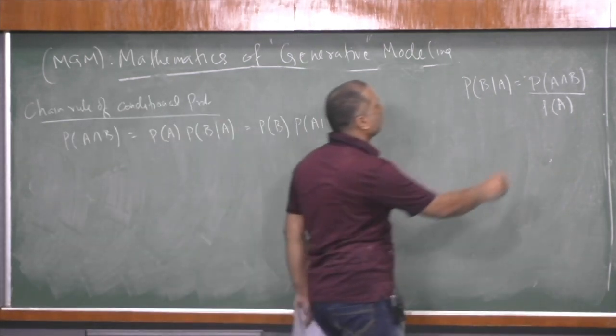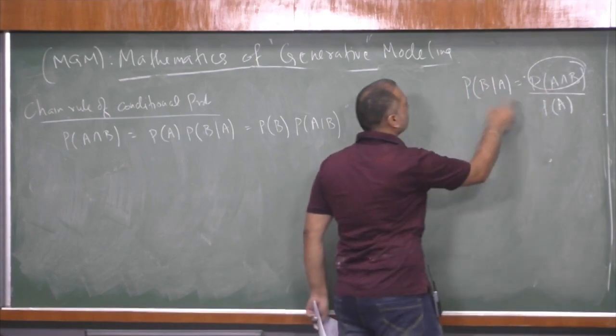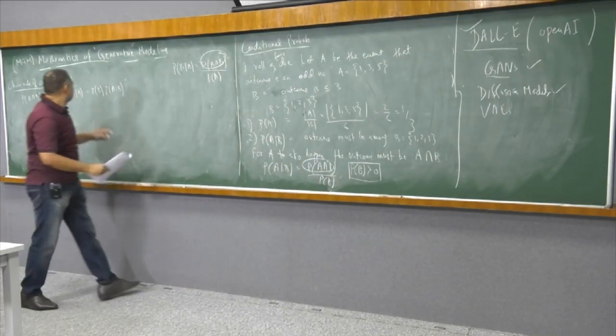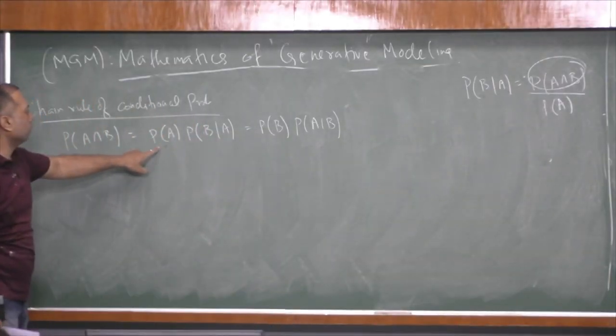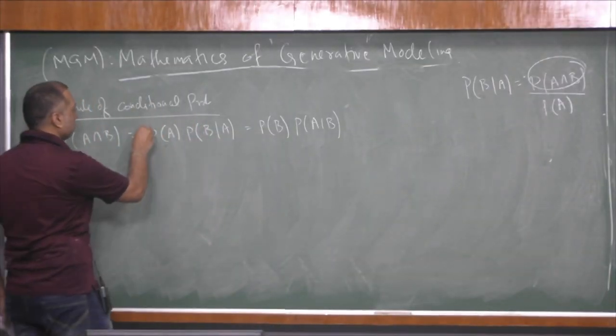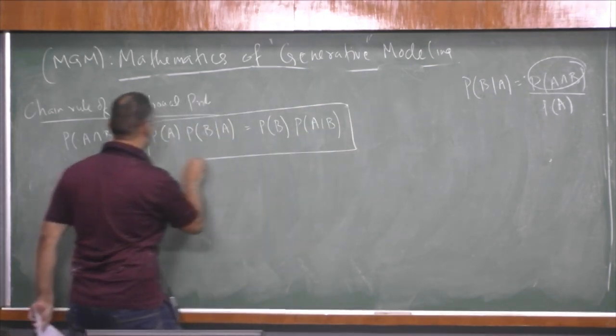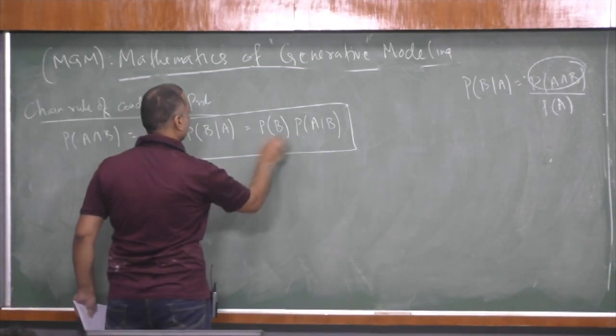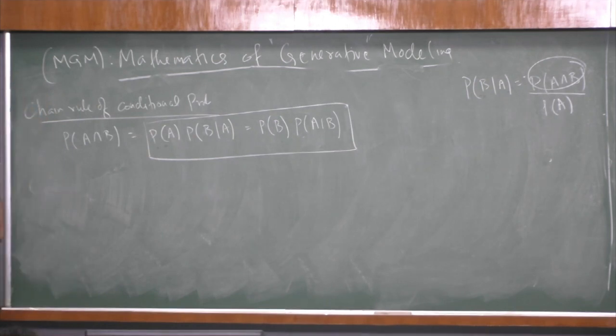So I write this as equal to this times this, and from here I write this as this times this. So that's what we have written here. Okay, so essentially this itself gives me some other kind of formula. If I'm given A given B, I can find B given A. So depending on what I have in hand, I can solve for one of these, given the other three are known to me.